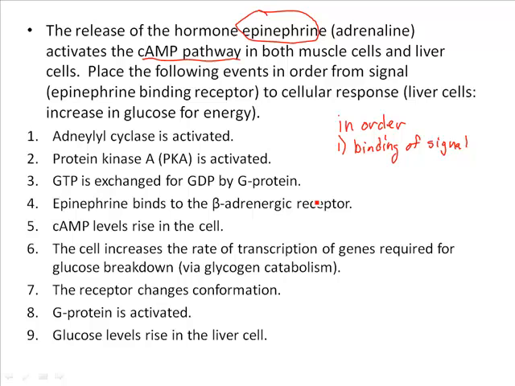What you're going to want to do here is press the pause button on the virtual lecture so you can then look at these choices, and then press play again once you've ordered them, and a question will pop up. All right, let's look at the pathway now that you've gotten it correct.